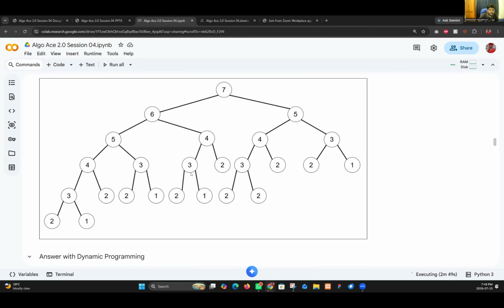But to get 4, you need the sum of 3 and 2. To get 3, you need the sum of 2 and 1. Again, to get 7, you need the sum of 6 and 5. To get 5, again 4 and 3. For 3, here I made a few mistakes, so one of these needs to be 1, not 2 and 2.